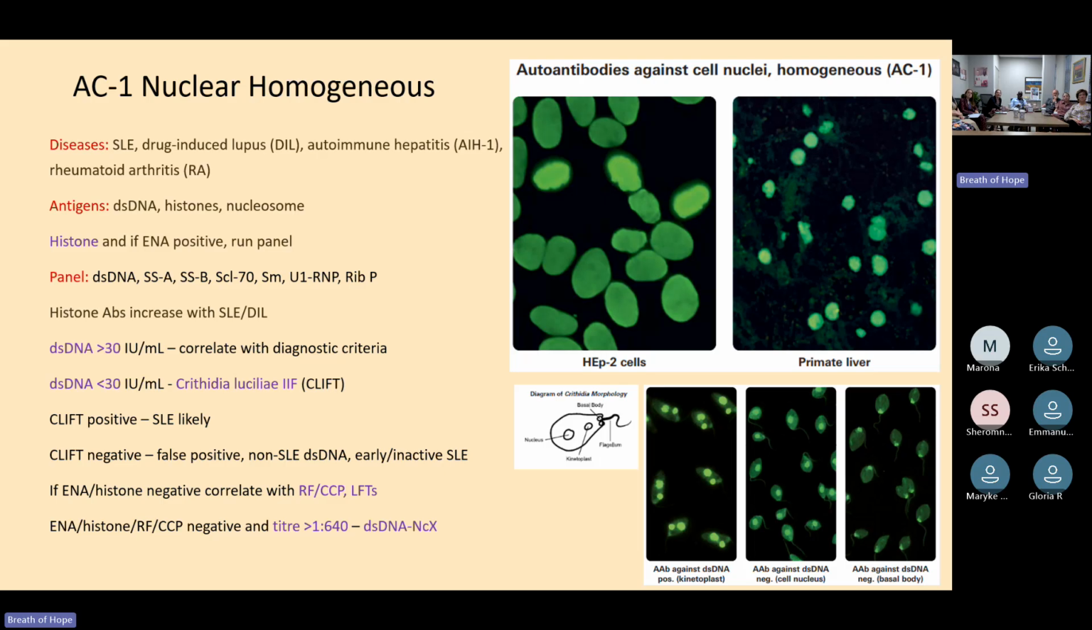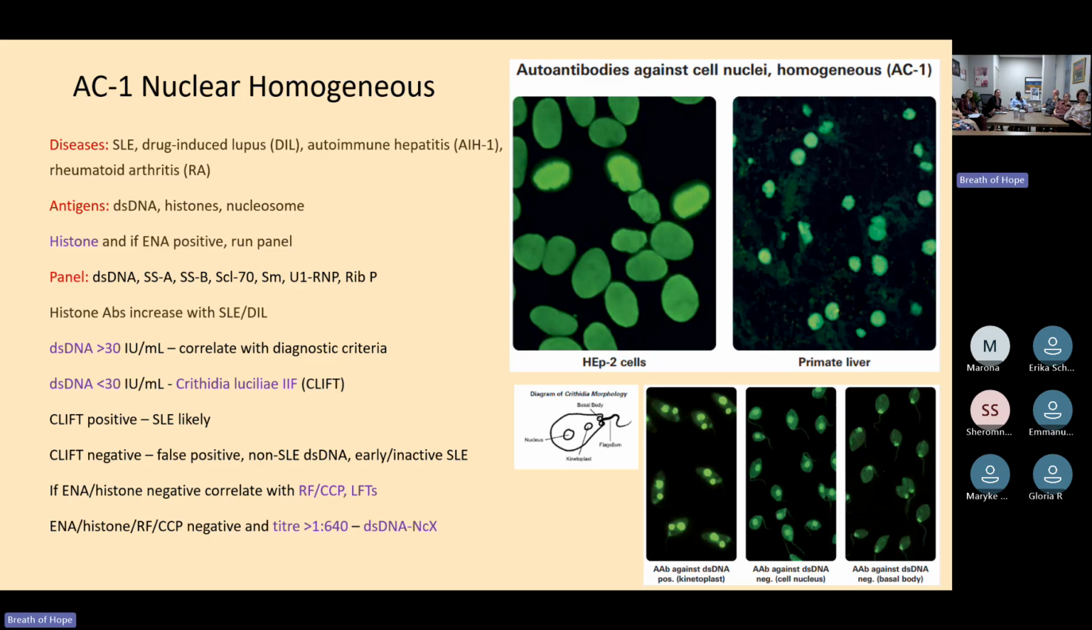We've got HEp-2 cells and the primate liver. The primate liver helps us because there are certain features on the primate liver which would be in favor of a homogeneous pattern. So you can see it's quite large and bright, right? Okay, so as I said, what we do, if we see this pattern and the ENA is positive, we do